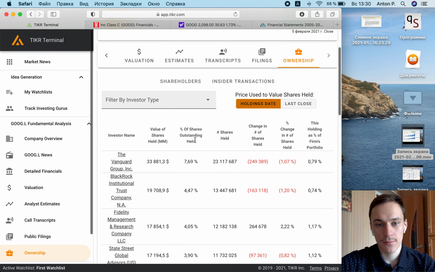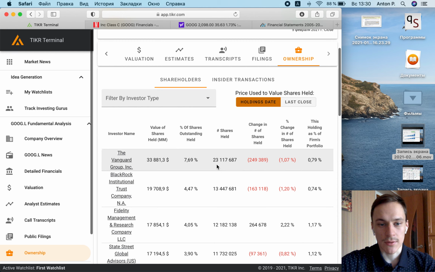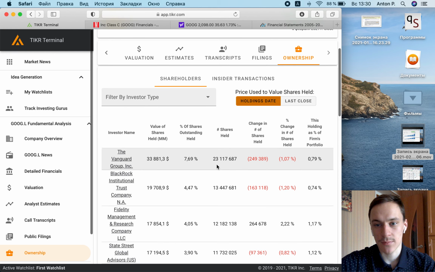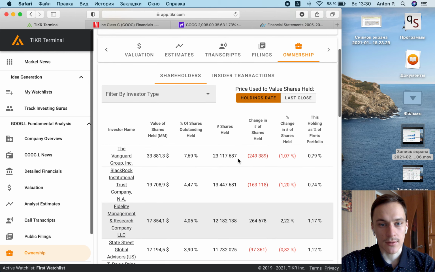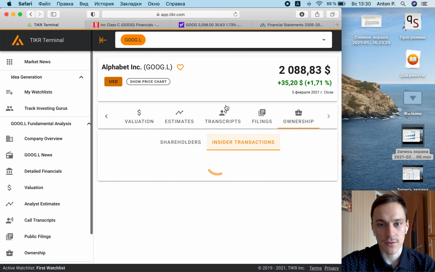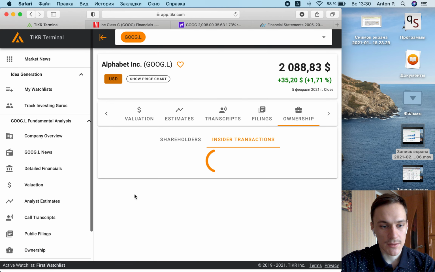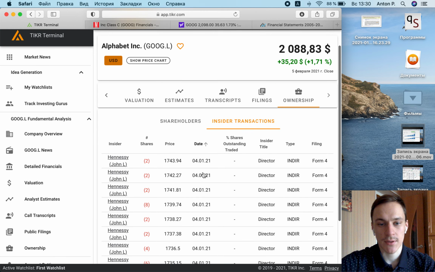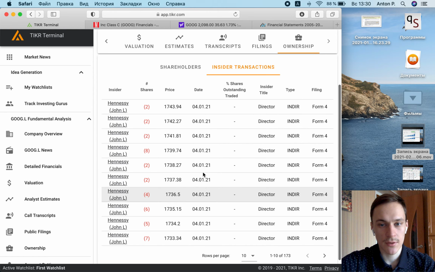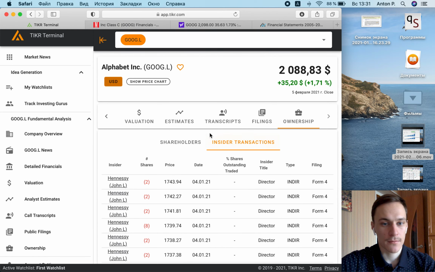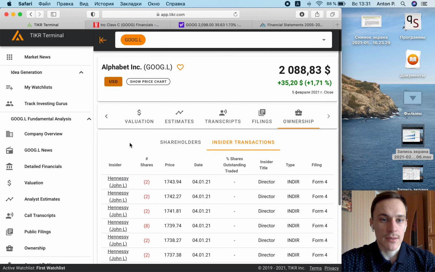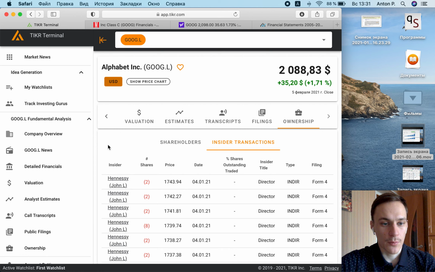Then there's the ownership page, in which you can very quickly see who owns what of this company and what's been going on in terms of holdings by large funds and insider transactions. That's why this website is very useful. It has a wide range of tools for you to dig around and really see what this company is doing, instead of having to go through each one of their annual reports